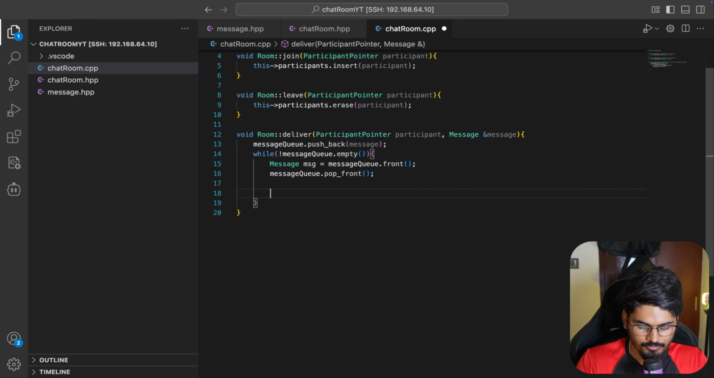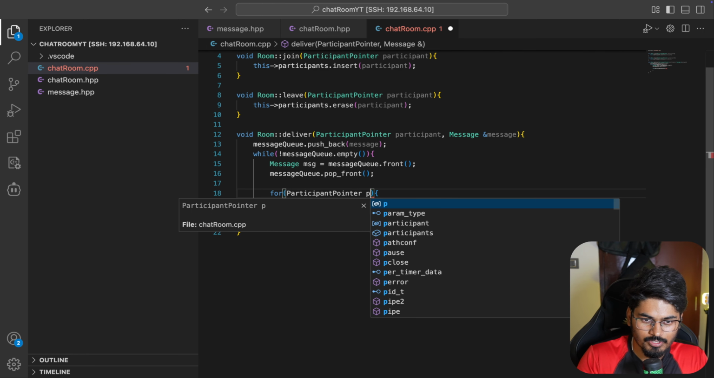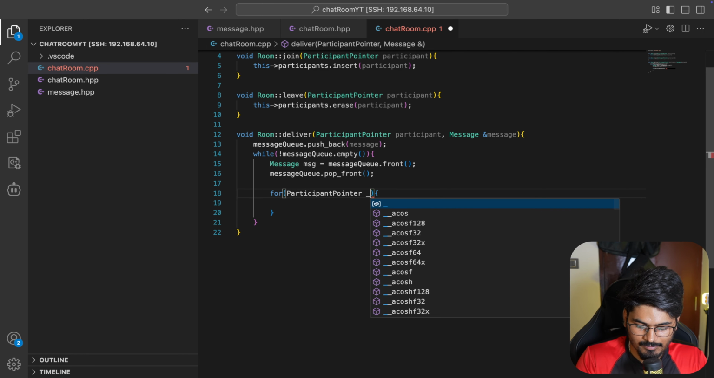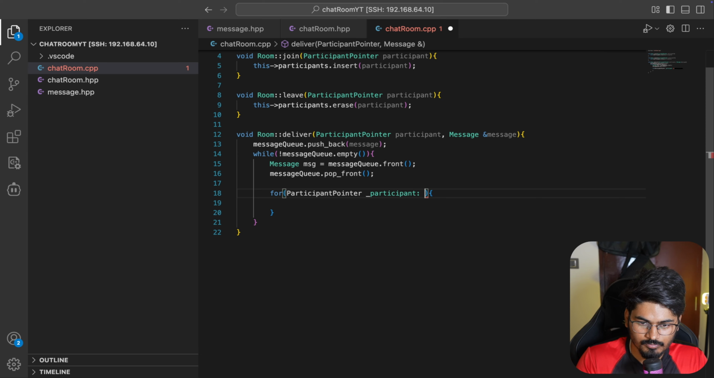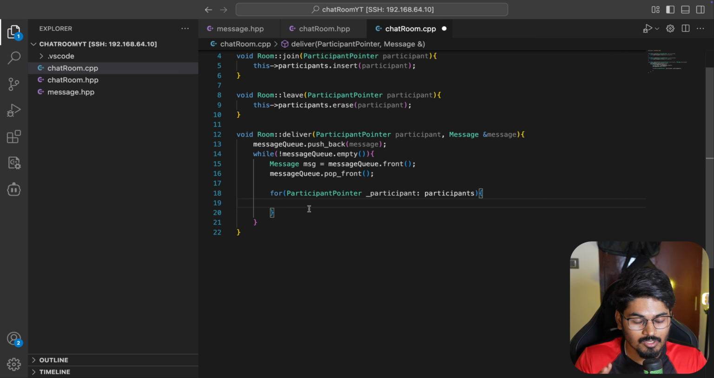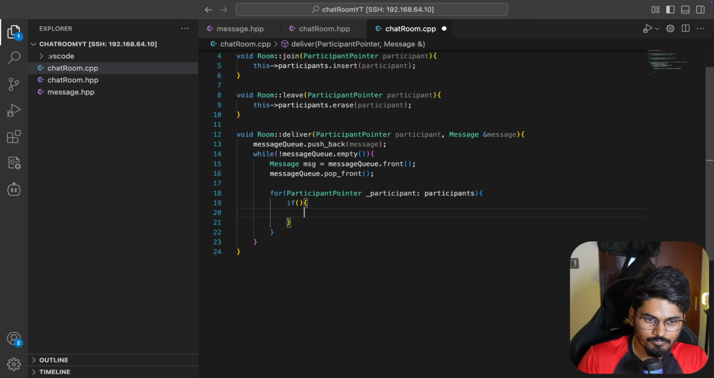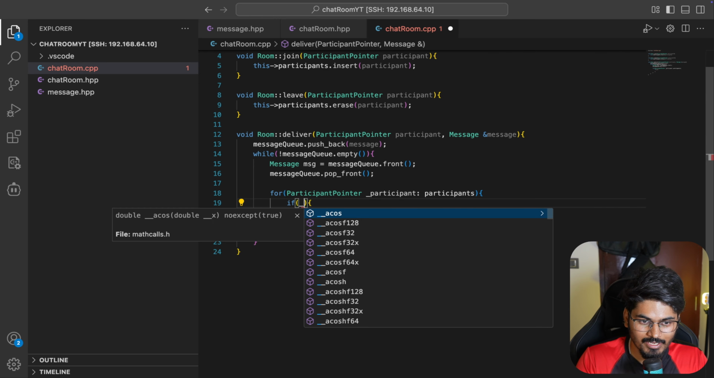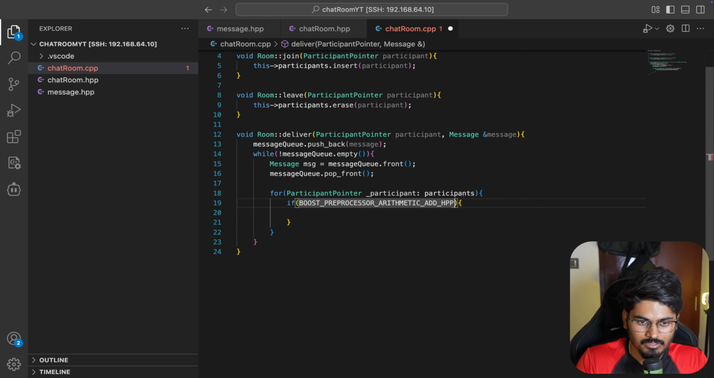So that's how it works. Now what you will do is, with the participant pointer, you go to the participant set, and you have to make sure that the message you are trying to send just now should not go to the client who has already sent this message in the past, right? So if the participant, if I'm trying a participant